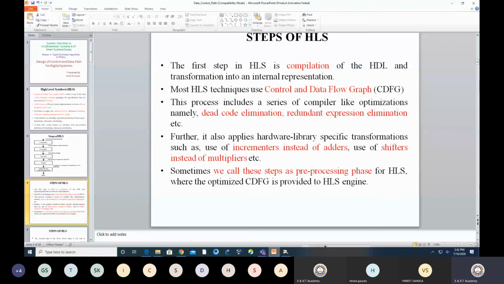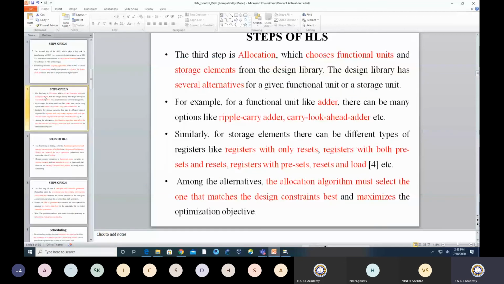Now then we need to take care of scheduling. For scheduling, I think we have talked enough that scheduling is equivalent to your control step. Ultimately I am assigning a time step to a functional unit where it has to execute, according to their relations also. Now allocation is to choose the functional unit and the storage element. I need to choose which particular functional block this operation is to be done with. If I want to store the value, then which kind of register I will use for the storage.